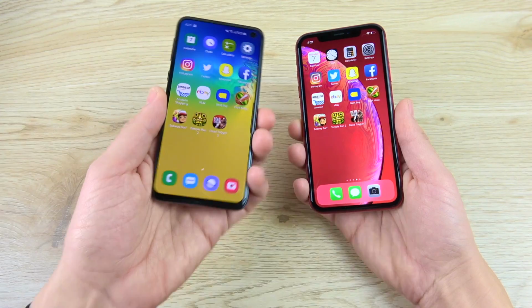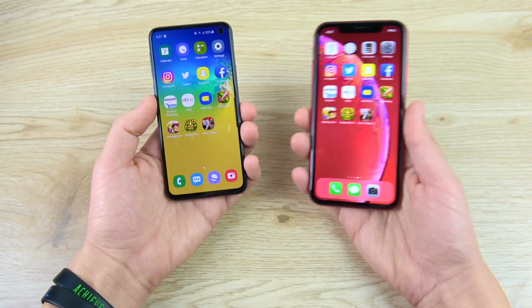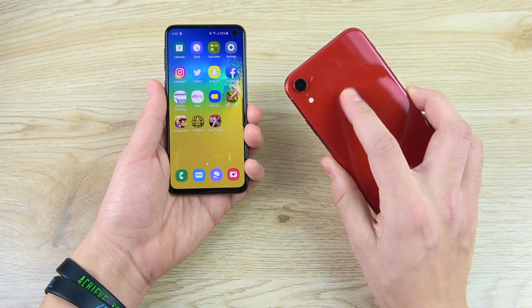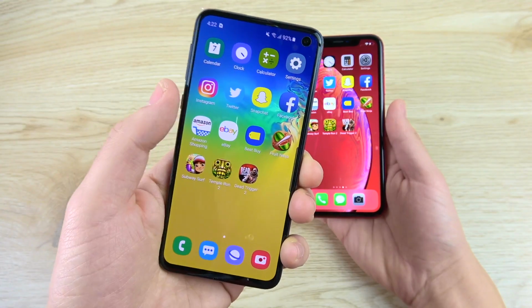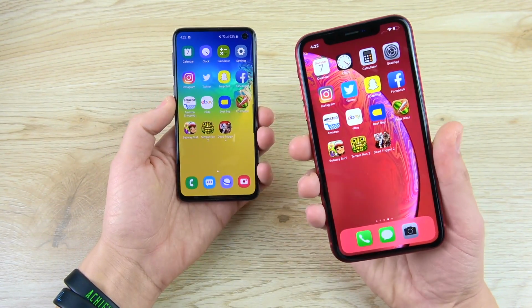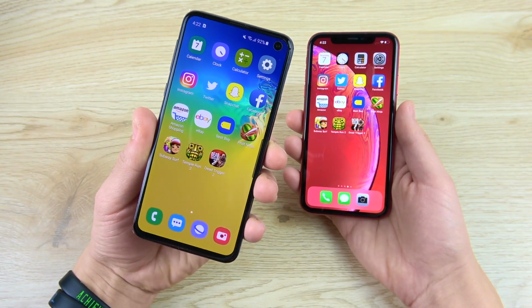slightly more efficient. I think One UI needs a few updates to match the iPhone when it comes to efficiency. It might always be this way, as Apple controls the hardware and software of their devices, so it's really hard to beat that. Now, so far, I'm not seeing that the S10e is anything super much more powerful than the XR, but it's definitely offering a lot of value, and I think a lot of people might think more value,